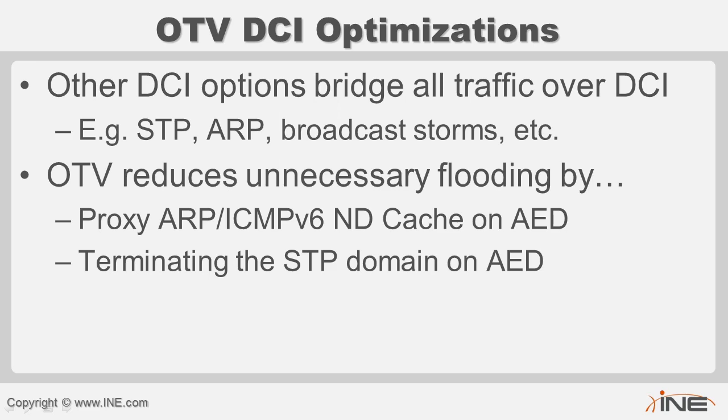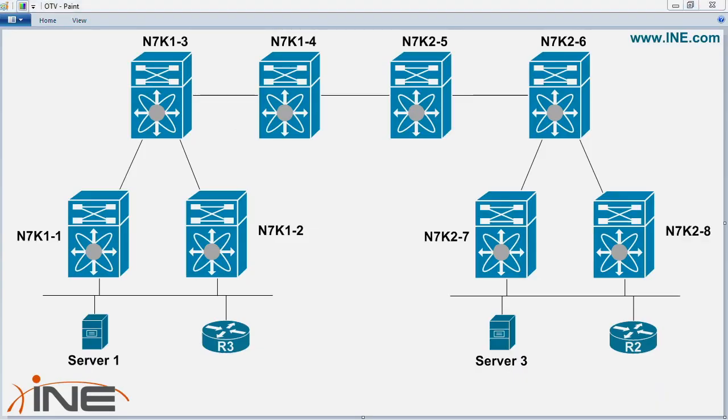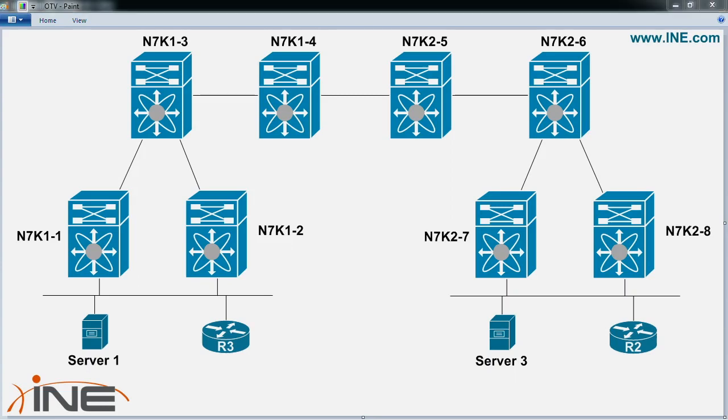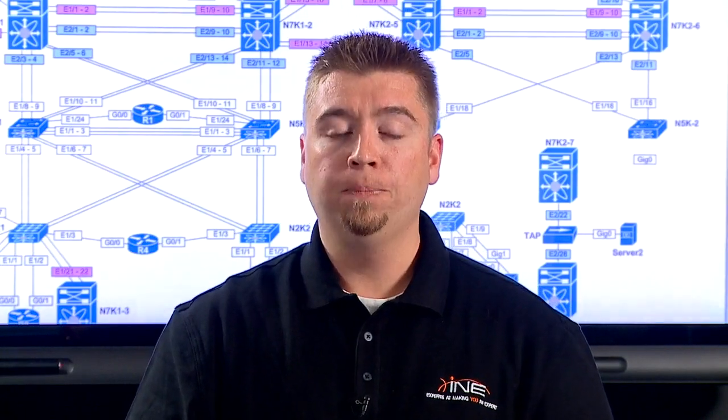So let's go ahead and take a look at the topology that we're going to be using for these examples. And we essentially have all of the 7Ks here. We have 8 different VDCs that we're going to be using to establish the OTV tunnels between. And there's a couple hardware requirements that we need to talk about here first. Now, in the current NX-OS releases on the Nexus 7K, there are some incompatibilities between OTV and other features. Okay, the most notable one is that you cannot run OTV inside the same VDC that you have layer 3 SVIs. So this is actually a pretty big limitation here,